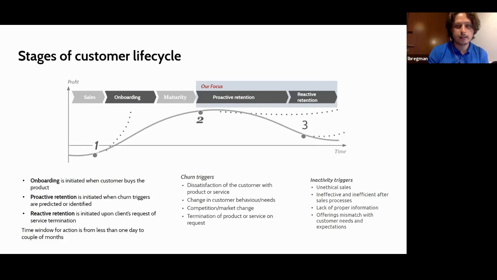And then there is this stage which is called reactive retention, initiated upon the client's request for service termination. So the best scenario, I guess, would be, before the client is unhappy and comes to you, to change a condition in the way that he is happy.